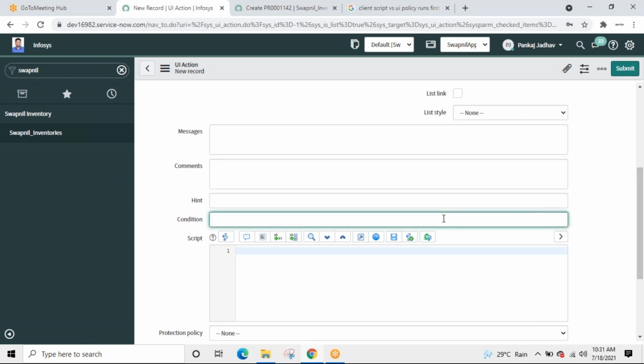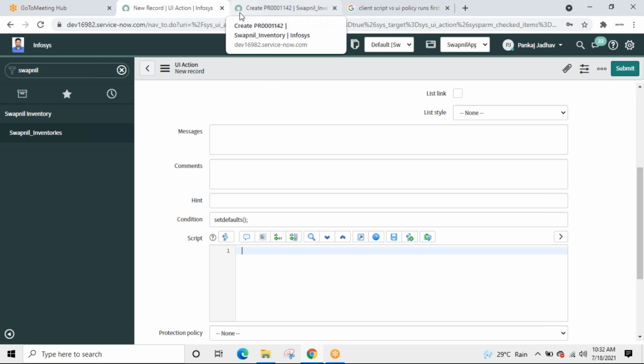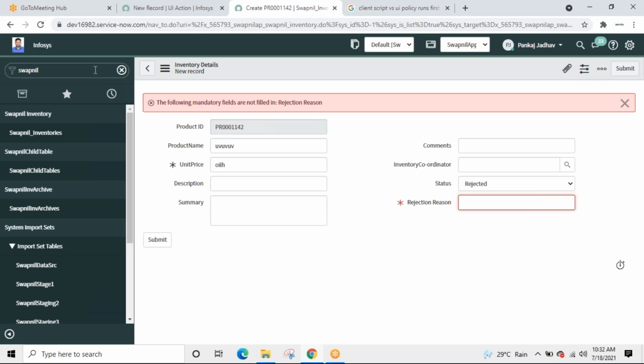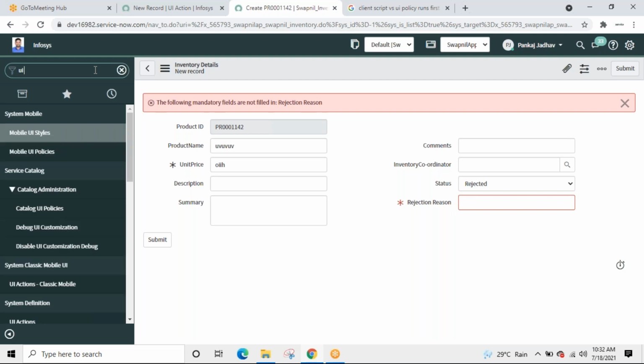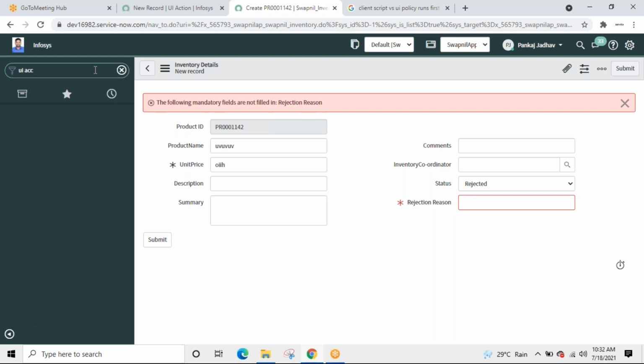It should call a function like this. My own function name. And then what should it do? It should have some code. Let me check the prototype. UI actions.